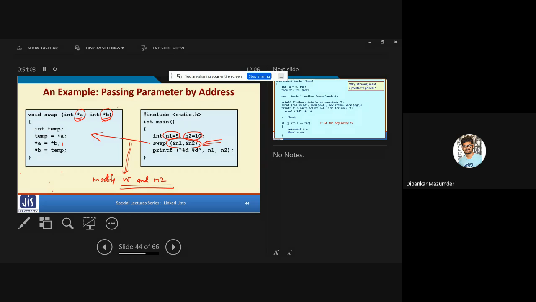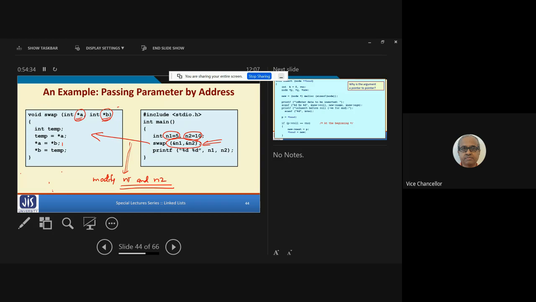I am just asking about equivalence, like passing by reference, passing by returning something, and passing like I asked in the first. See here, the two variables you are trying to modify, right? N1 and N2. Yes. So you can declare a structure containing two elements, N1 and N2, and pass the entire structure to the function, and return a variable of type structure. That way you can do. Sir, what happens if these N1 and N2 are global variables?